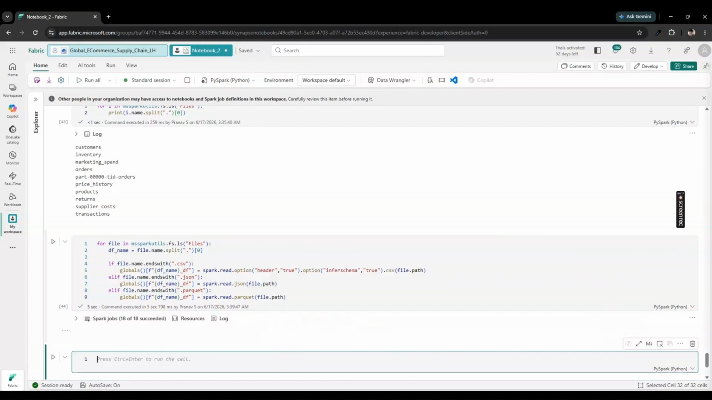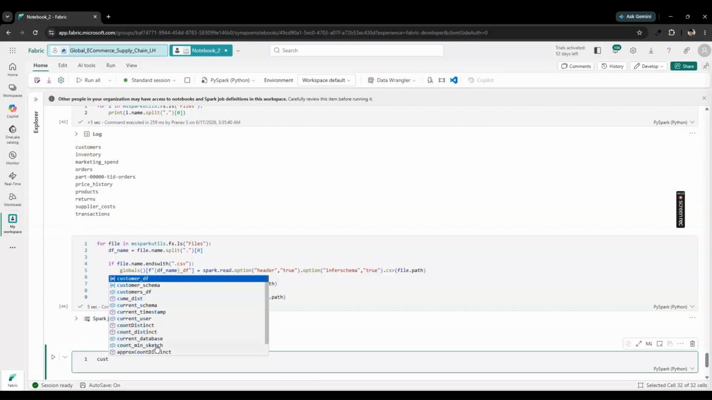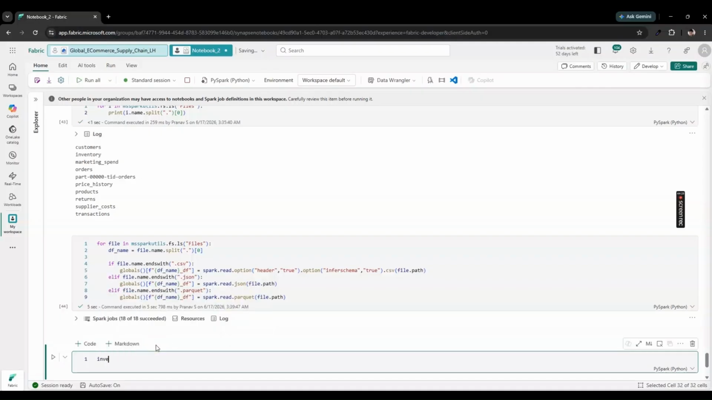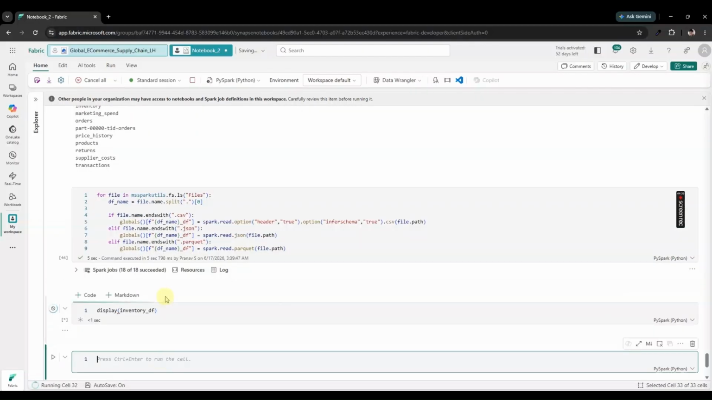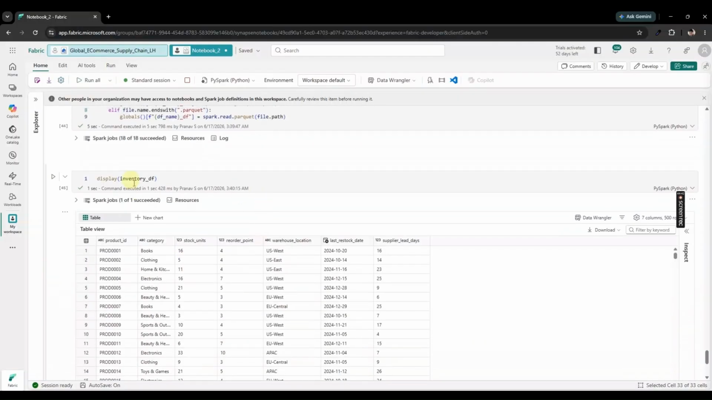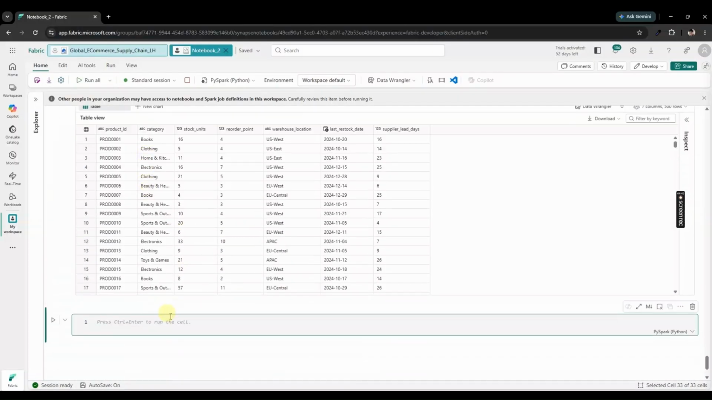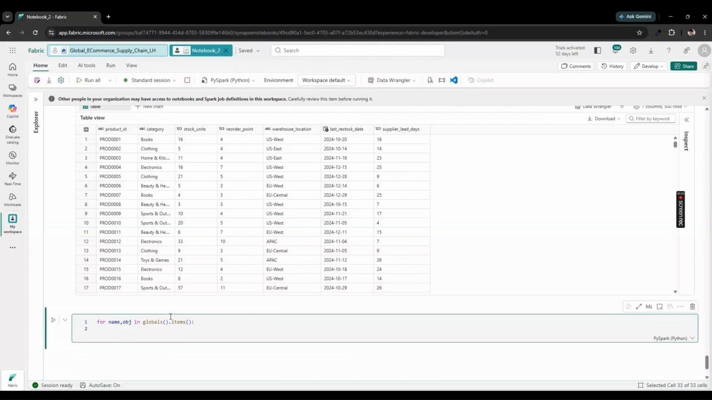Yeah, it has run. So now if we want to use any of these, we can just write, let's write something else, inventory here. We can use the display method, and so all the data is loaded. But if you want to check, we can check using globals dot items. If we run the name,